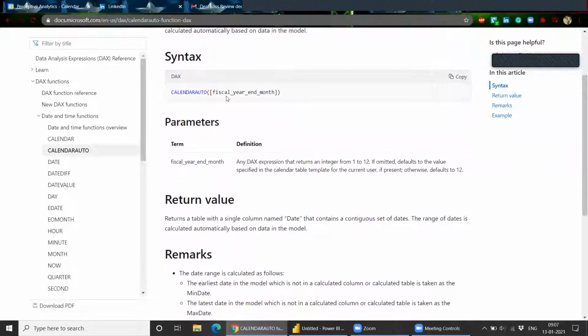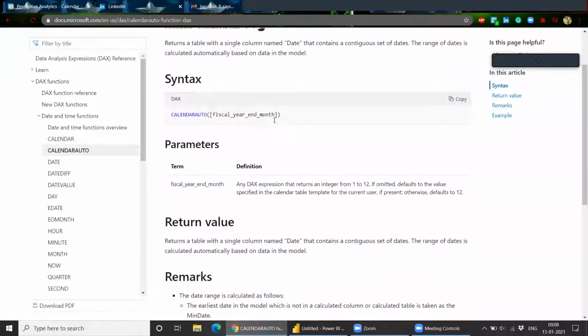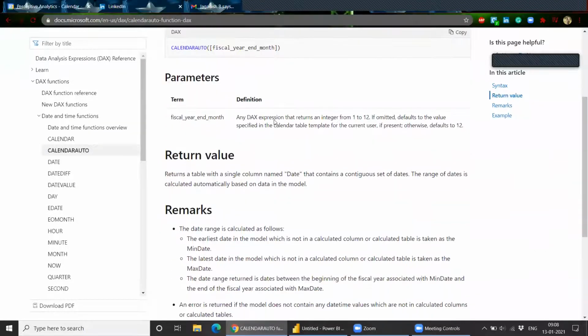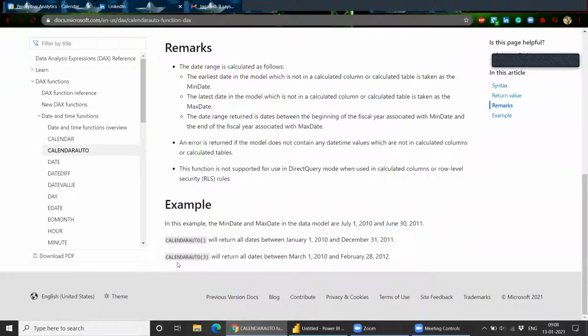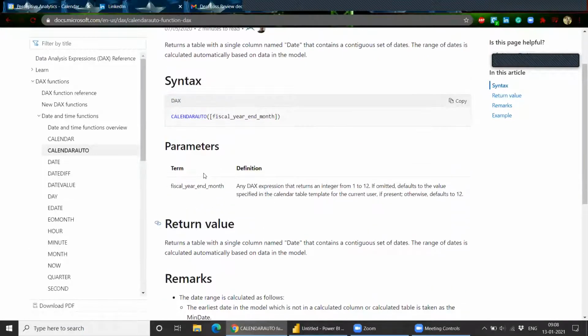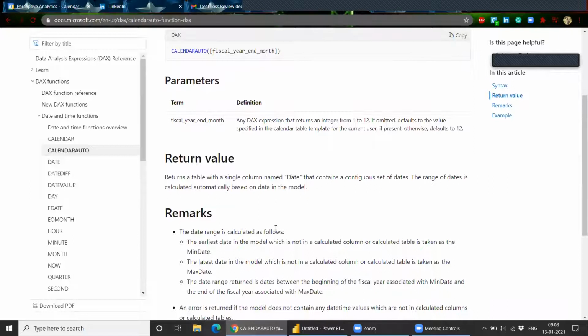If you don't pass any value in the brackets, it will take the fiscal year directly from the system. If you pass a value, it will give the interval of that, for example CALENDARAUTO with 3. If you don't give anything, it will create a new table for you with dates from your data model.